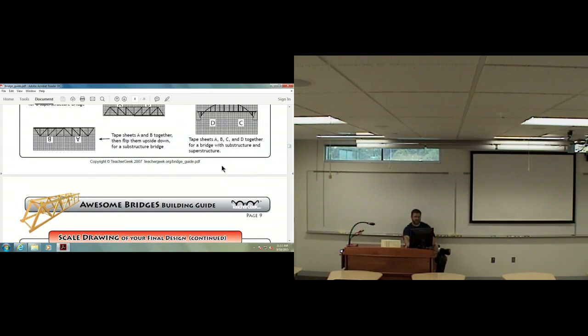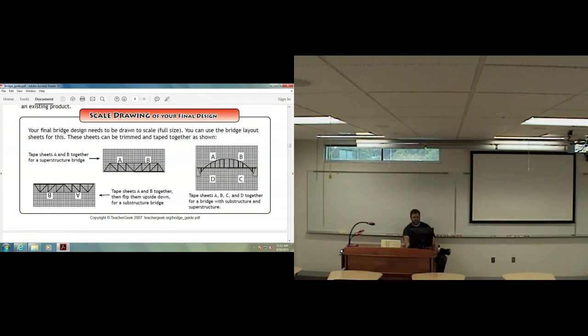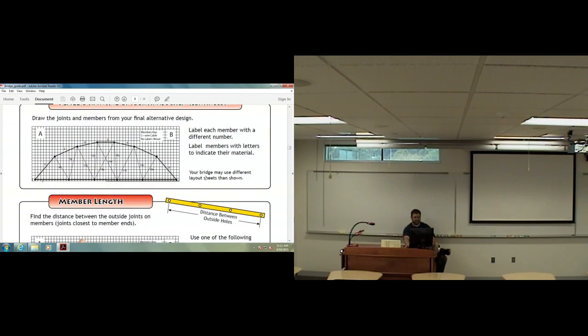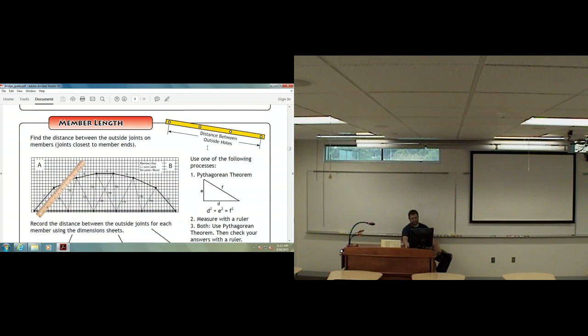And here they talk about how this is done, how you're going to tape these together for your side view, and you probably want to do one for a top view, so just make as many copies as you can, print off as many as you can. And here they talk about drawing in the joints and the members again from the alternative design that you've chosen. And then they talk about using a ruler, and this is where using a scale design is very helpful, because if you're drawing to true scale, then you can use a ruler to measure the parts that are at angles